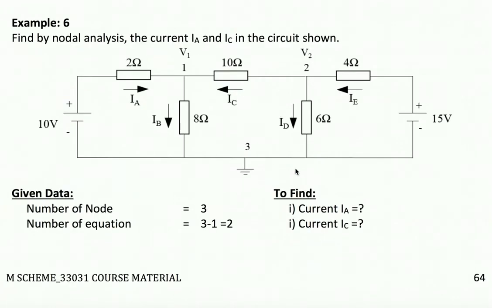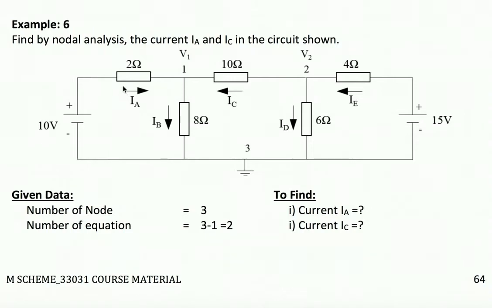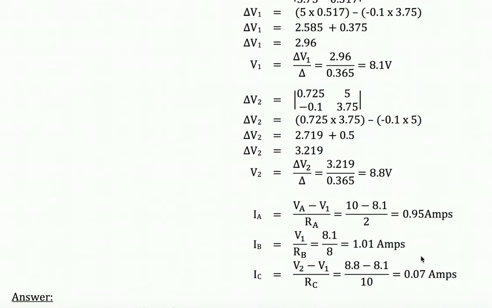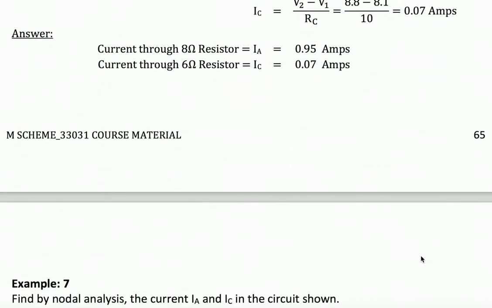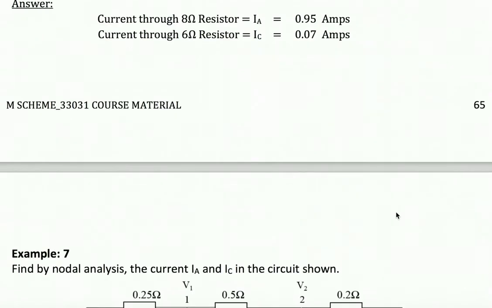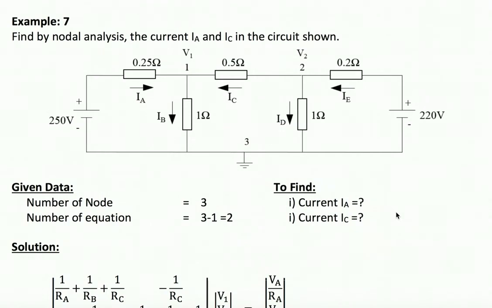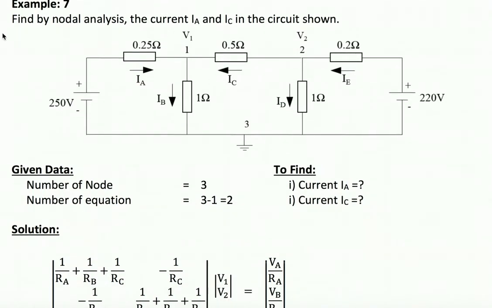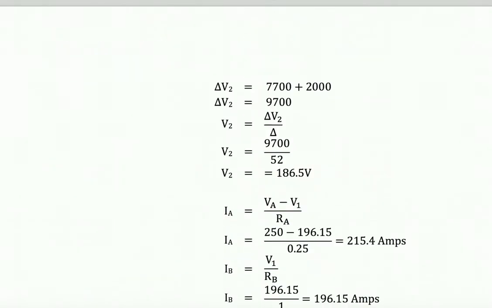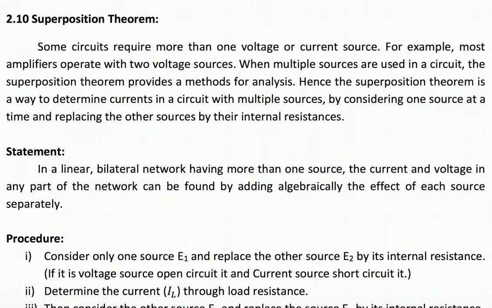They directly wrote the solution like this. What I suggest is that you follow the method which was mentioned earlier. Get the two equations and solve them by any method, either Cramer's rule or the variable elimination method, whatever it may be. Again, see here, a similar problem, right? No difference here also.